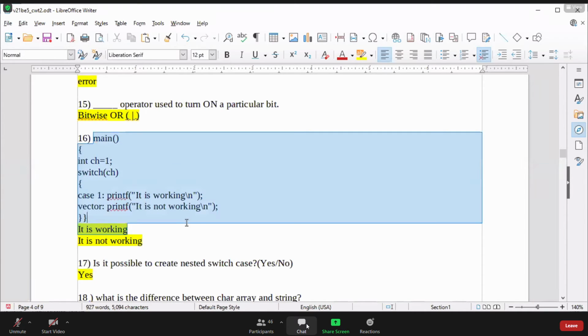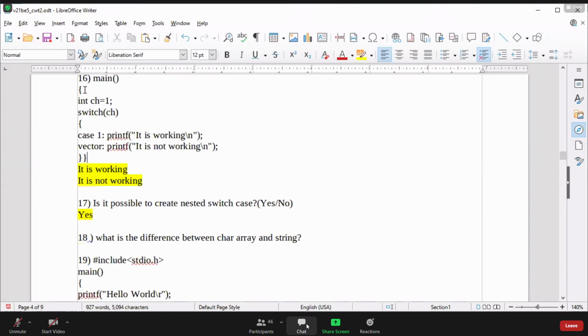Now this next program. See here, also there is some concept. Actually, this is not any concept. Instead of default, here we have written vector. It won't work as a default. But here what will happen? First, it searches for case 1, and then whatever case is available, it has to perform. If case 2 is available, that immediate case it has to perform. So that's why it is performing the immediate case as vector. Vector is available, so it is performing vector as well.